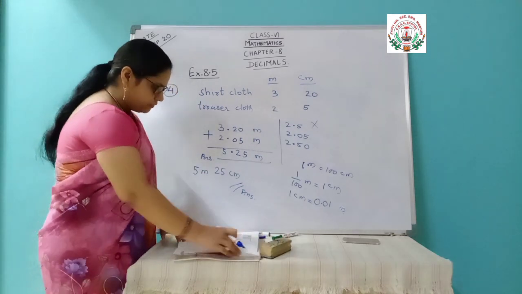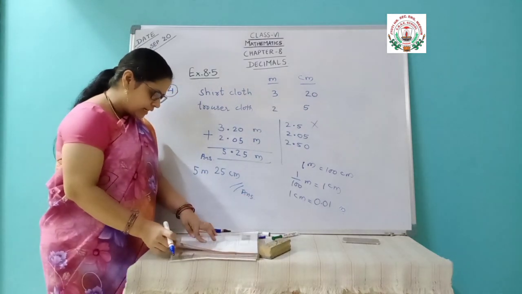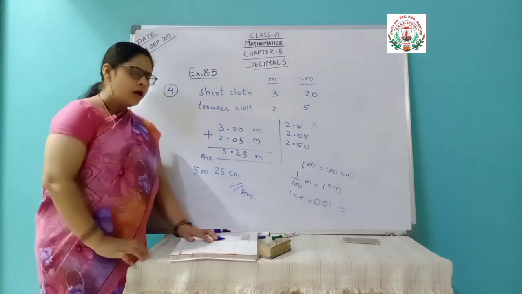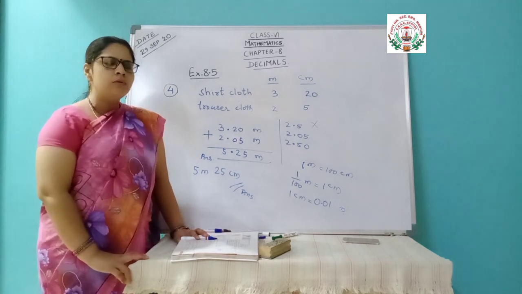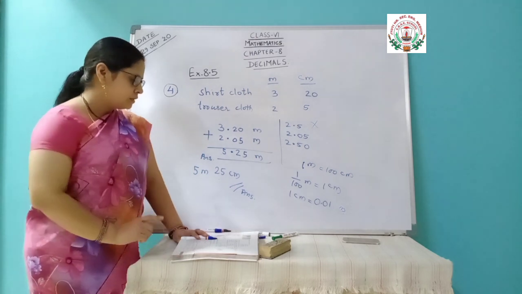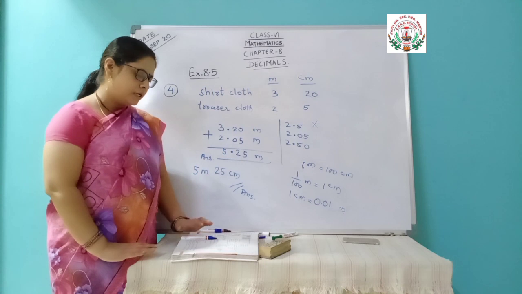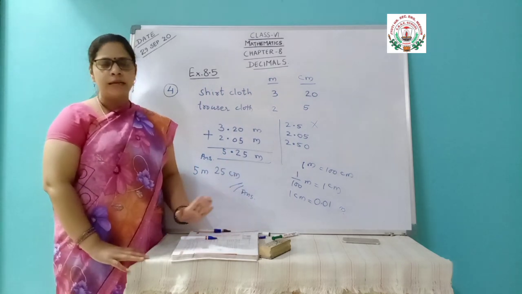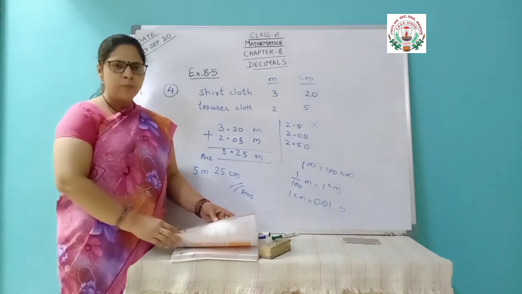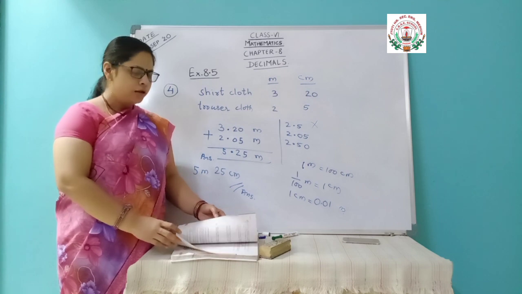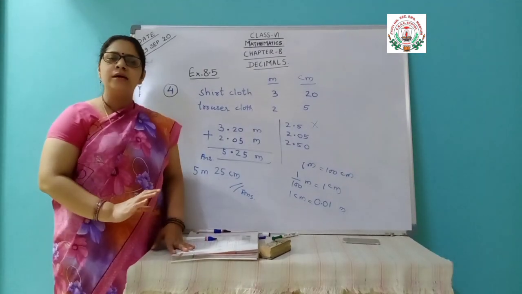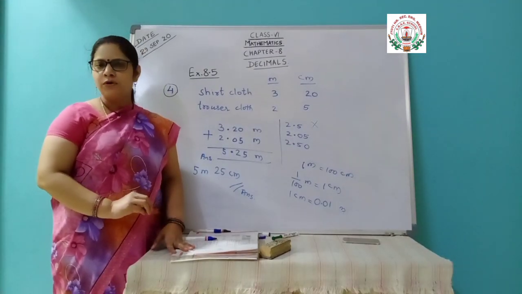Understood? So this much we have done for today. 3 more questions are left out that we will see in our next class. So till then, I have already explained and asked you to start your workbook chapter number 3. And my dear students, only 2 days are left for completing this month and this chapter also. Anyhow we have to complete, and with that the portion for midterm exam will be complete. So complete your notes fully and start completing your workbook and start practicing for your midterm exam.